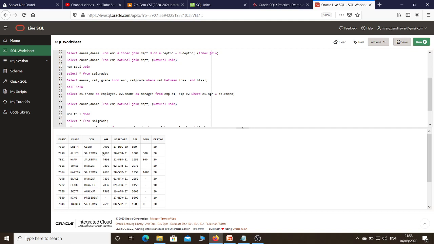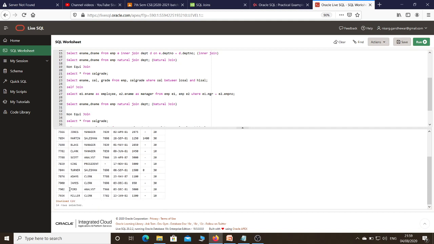So here we'll make use of a self join, because in this particular problem we are referencing the same table, MGR with employee number. We are comparing these two attributes. One is the manager, that is MGR, and the second one is the employee number. We are making use of only one table, and we are referencing it with the common attribute, because both are employee numbers that we are going to compare. So what logic have we used here? We know that 7902 is an employee number, but in order to compare, we need to go over here and check.